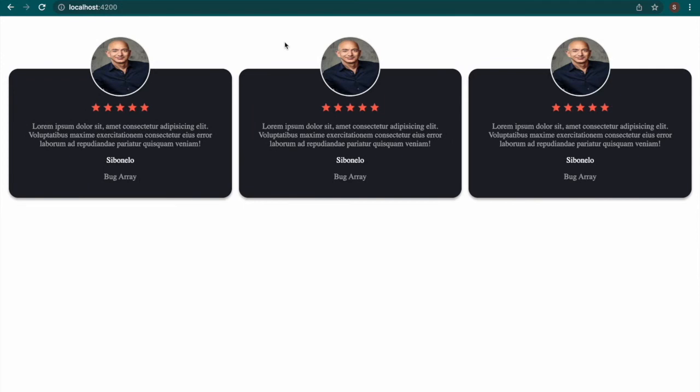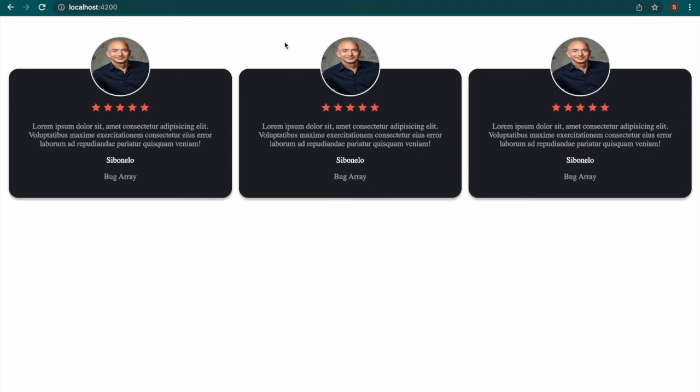Now we see that we've got these nice looking cards, right? But now we've got, okay, Jeff Bezos is there, but let's just say for instance we wanted to render some different data so that it looks sort of real, as in these were actual people